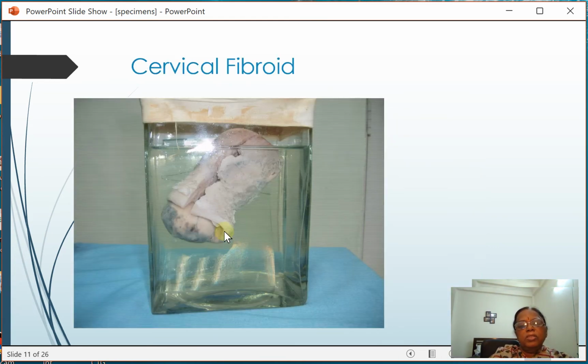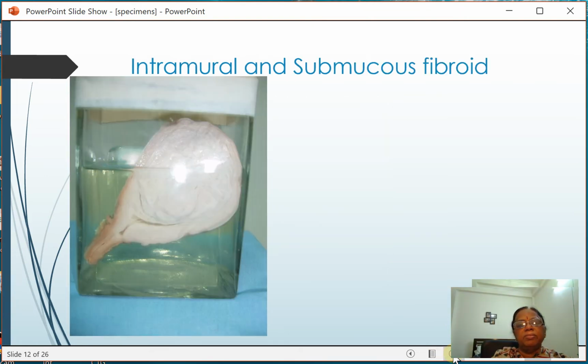This is the specimen where there is a fibroid at the cervix. So this is a cervical fibroid, and you can see that the surface is black and degenerated. So the patient might have complaints of recurrent bleeding, menorrhagia, metrorrhagia, dysmenorrhea, and this is also called as the aborting fibroids. And here hysterectomy has been done, total hysterectomy has been done.